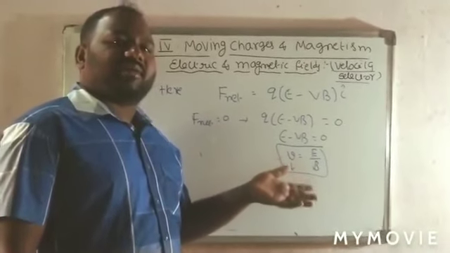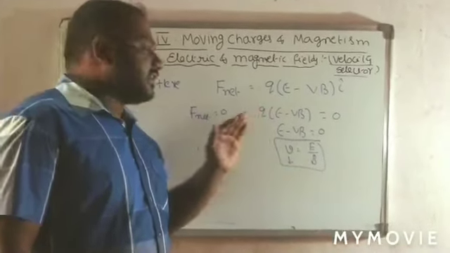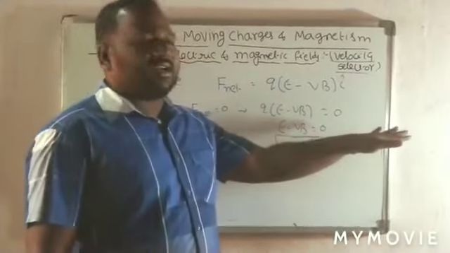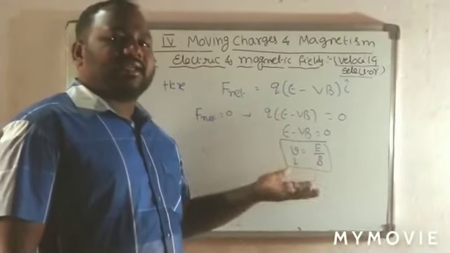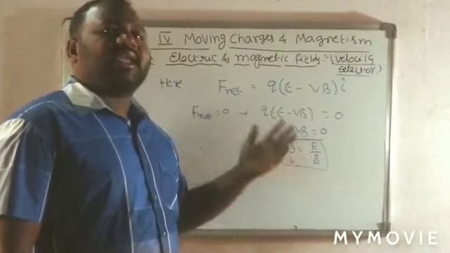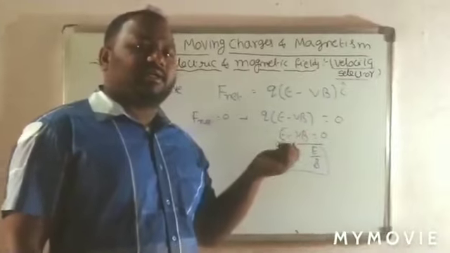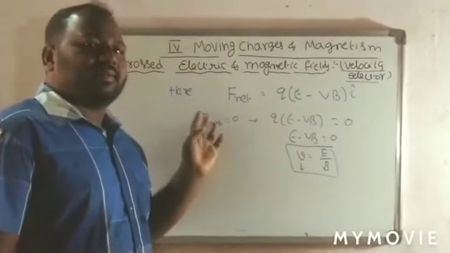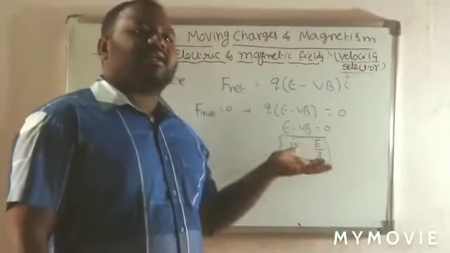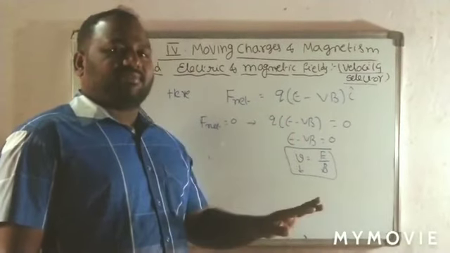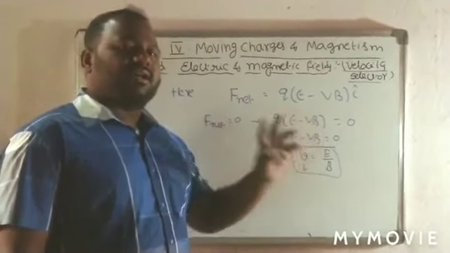Due to electric and magnetic fields, the charged particles do not move in a particular direction. They are deflected and take a helical path. But whenever the force is equal to 0, there is no deflection, meaning no net force acting on the charged particle. Due to that, it does not undergo any deflection. So based on that, we are going to take the velocity selector.